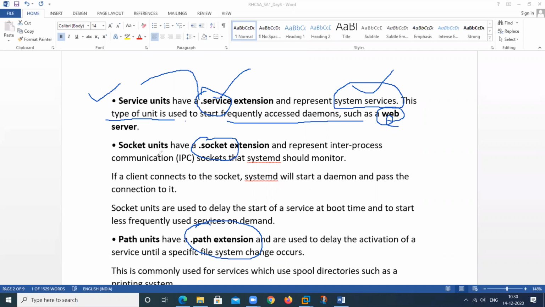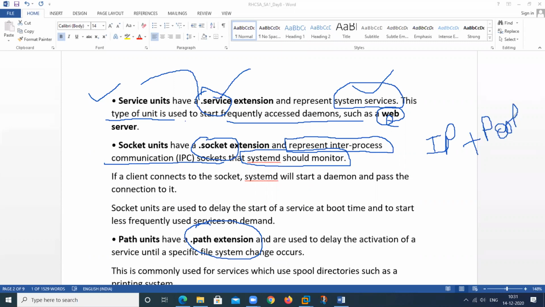And in the same way, what is a socket unit? The unit has this extension, and it represents inter-process communication, IPC sockets, that systemd should monitor. By using this, you can monitor all the sockets. Socket means a combination of IP plus port.